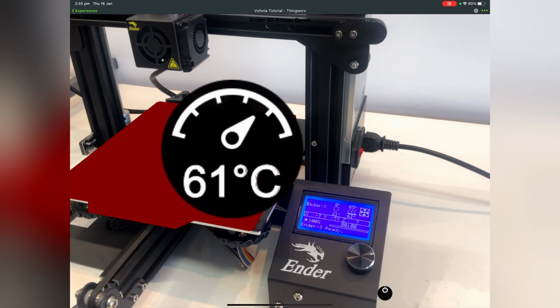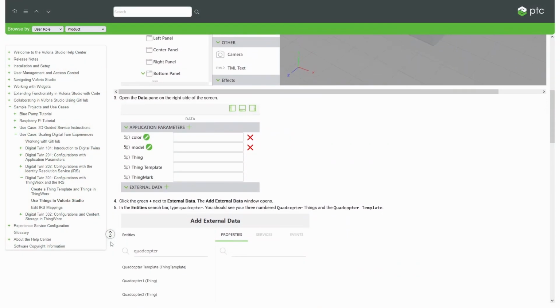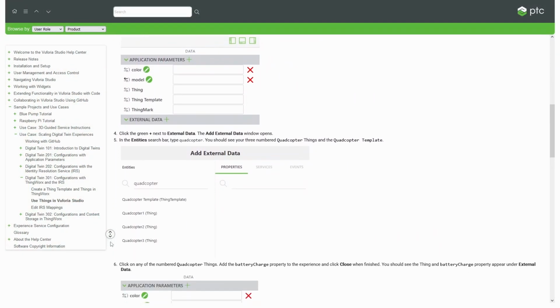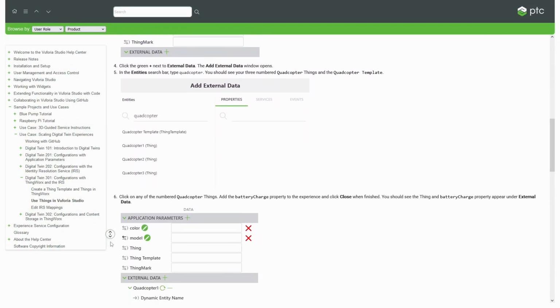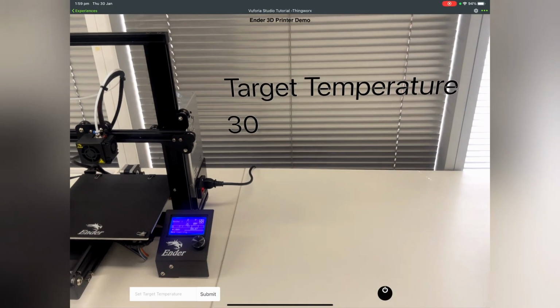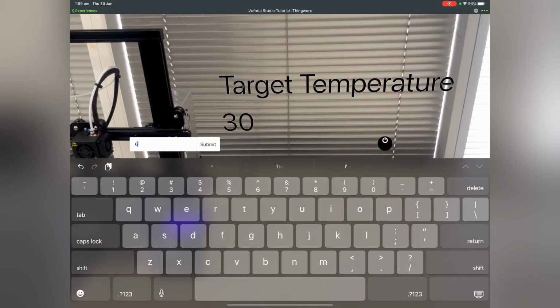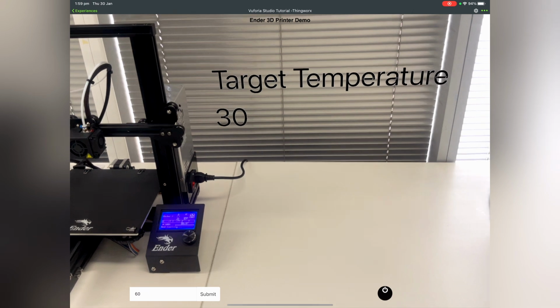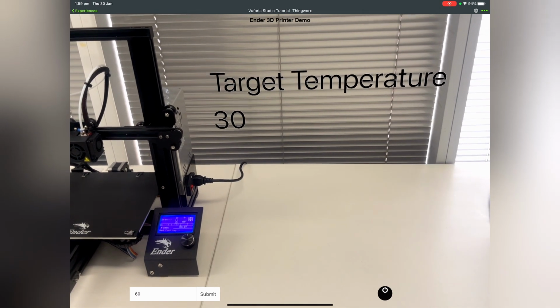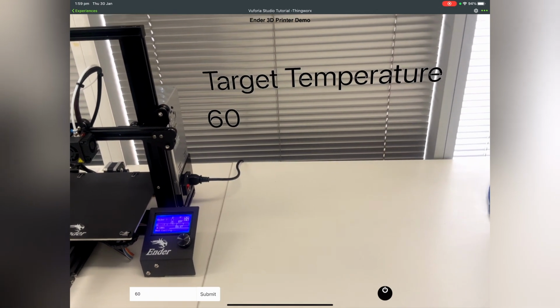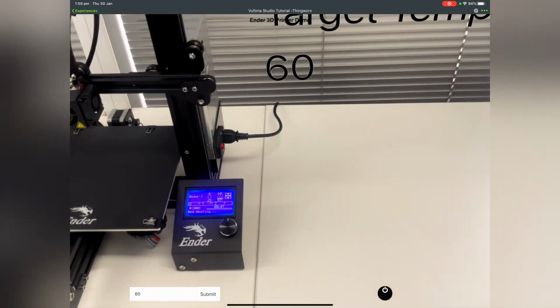time. You can also control IoT devices remotely from Vuforia. To learn more about this, check out the Vuforia Studio support page on using Thingworx data and the related examples. Here, we've modified the experience to allow the user to set the target temperature value of the printer. The bidirectional functionality of Thingworx allows the user to interact with the IoT device through AR, which opens up many